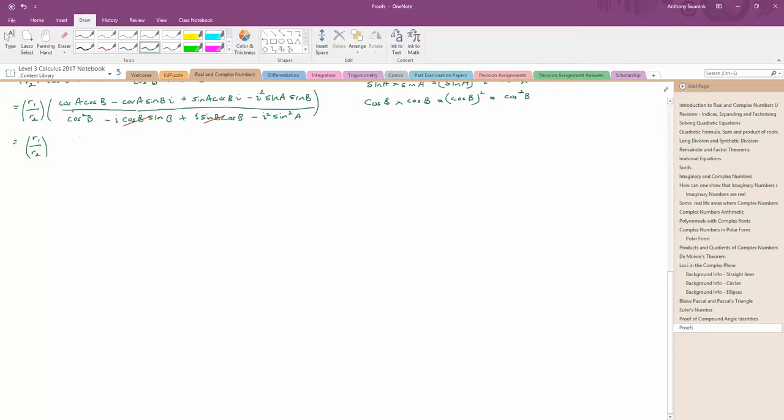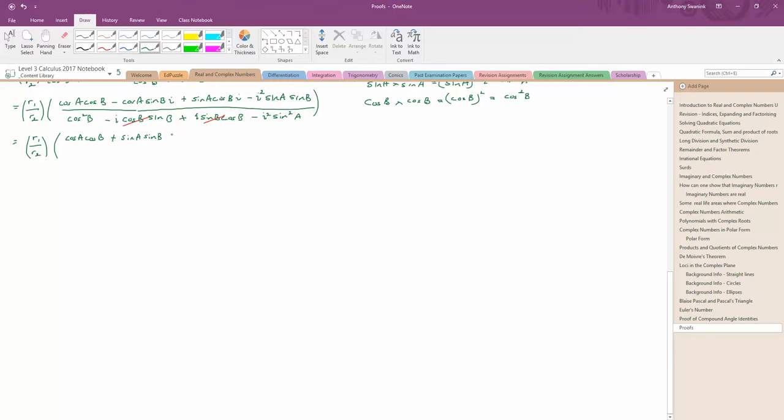Okay, so what are we going to get? We're going to get cos A cos B. Now I squared is equal to negative 1, so minus negative 1 becomes plus 1, so plus sine A sine B, and then this part here,